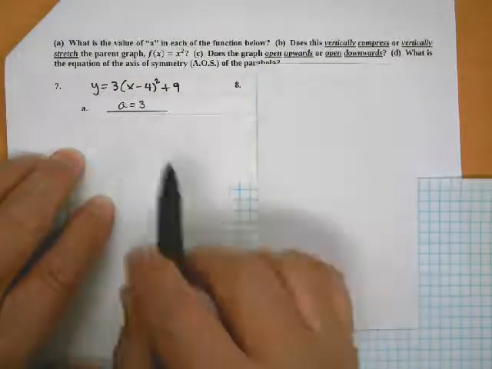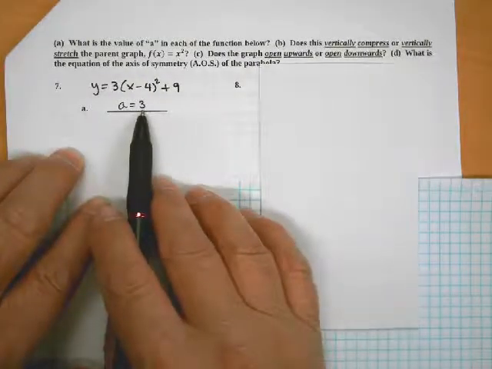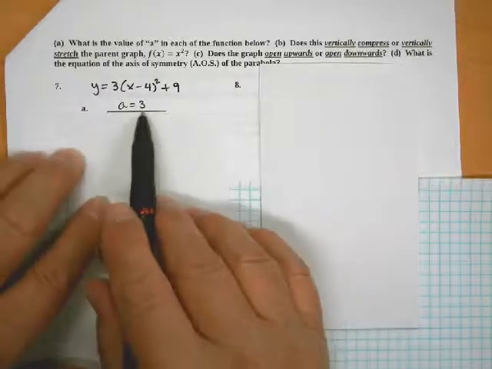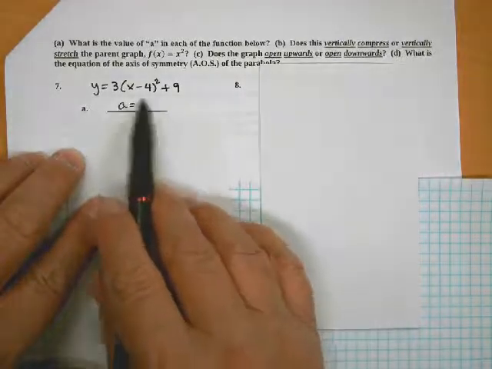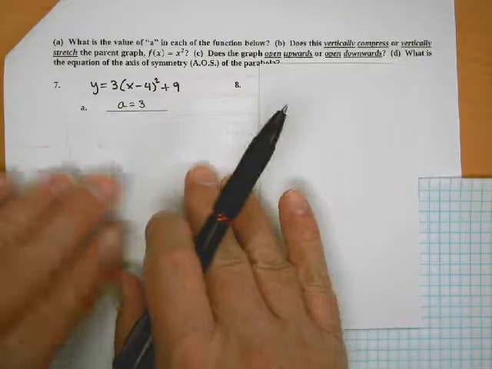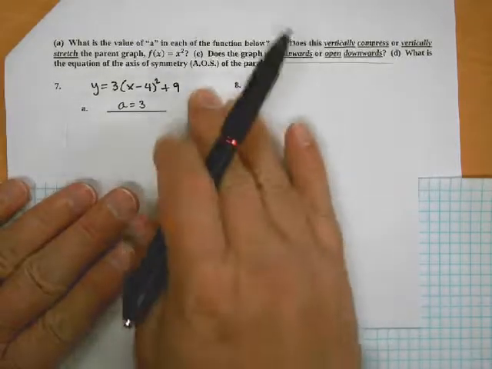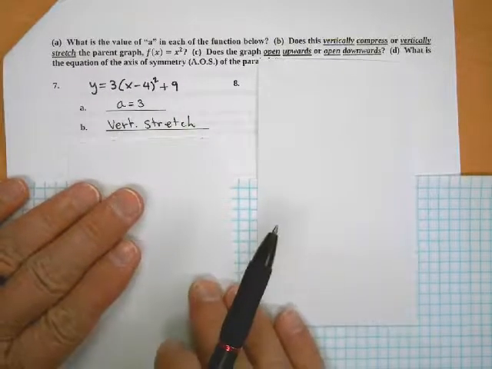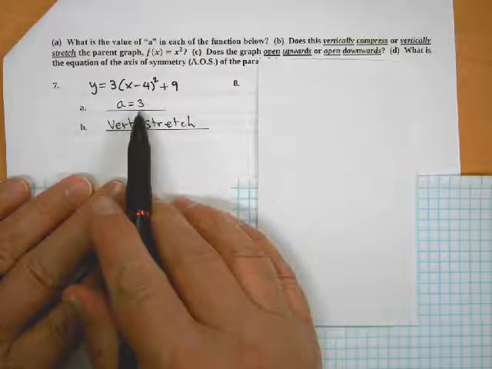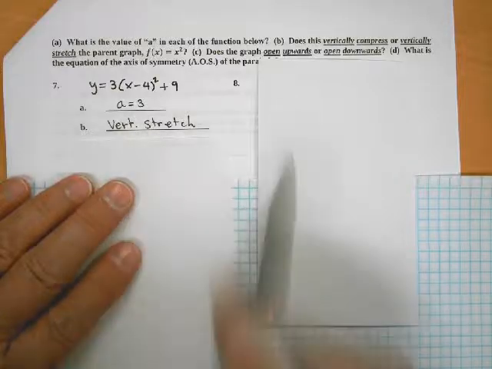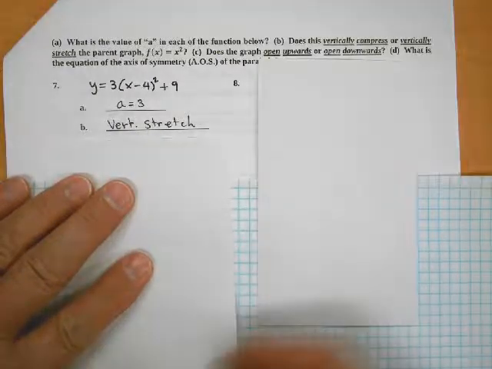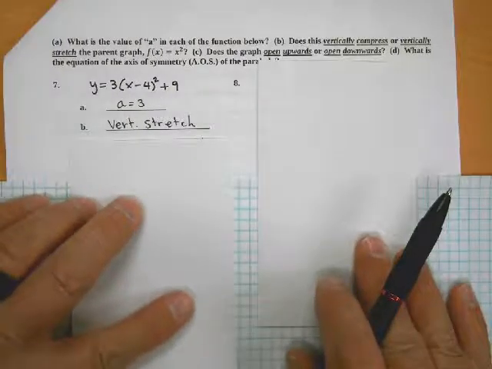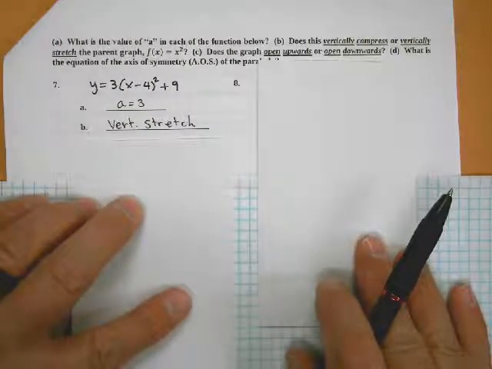Secondly, we're supposed to decide based on this whether it compresses or stretches. Any A value whose positive version is bigger than 1, you're multiplying all these Y values times 3, which stretches it. So if you had a number less than 1 there, it would compress it. Okay, whose positive version is less than 1, I should say. Okay, the next thing we're supposed to do is